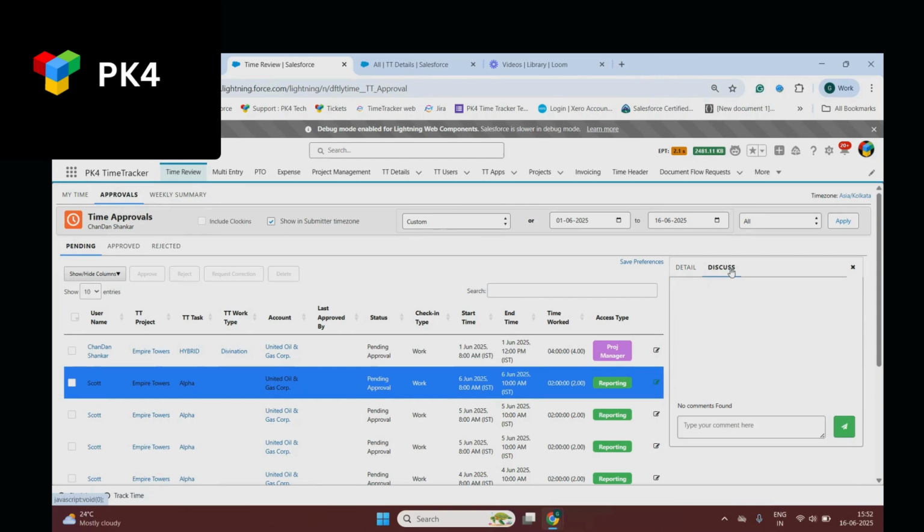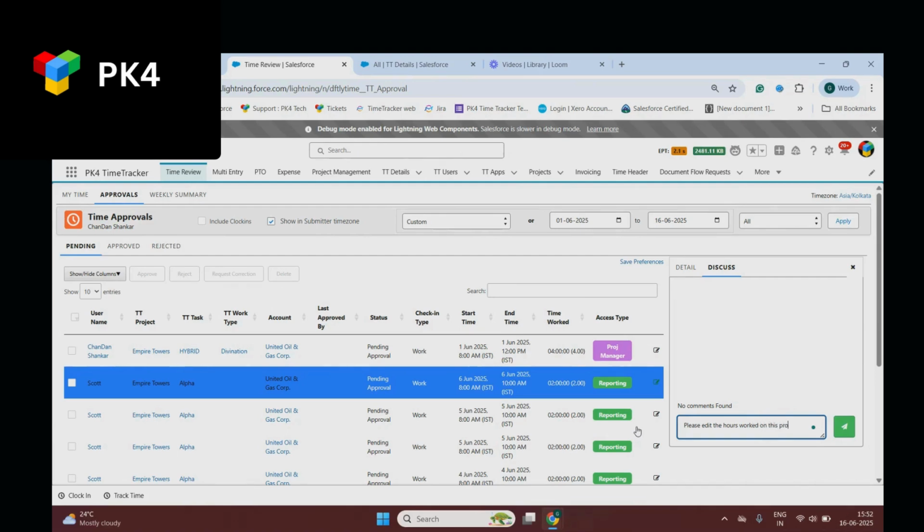When you go to the discuss screen, you can enter your notes, or you can just ask the user to make the changes to this time entry. So I'm just asking him to please edit the hours worked